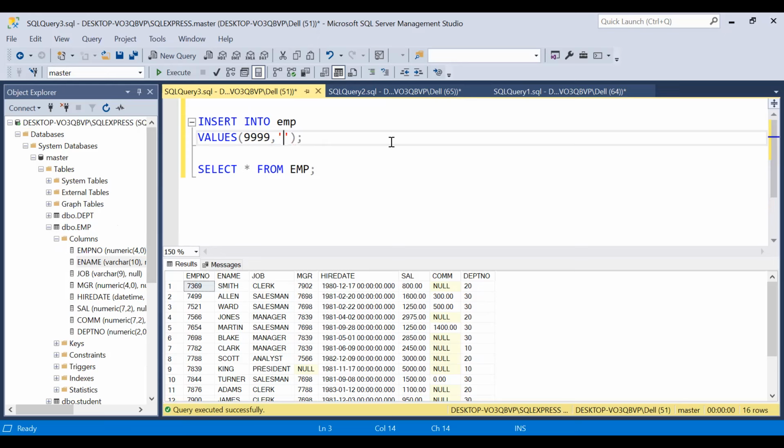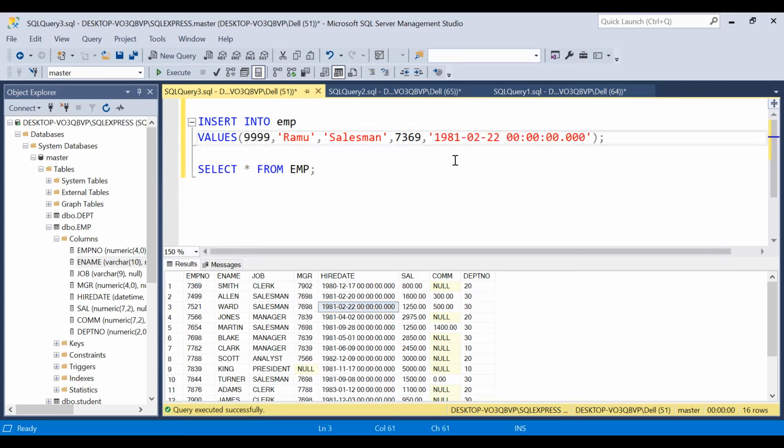Okay, Ram. Then what is their next job? So for example, salesman. Then MGR is there. Who is the MGR? Let us give randomly an existing one, 7369, the first one. Assume Smith is the manager for him. Now hire date. Let us take it from here instead of typing